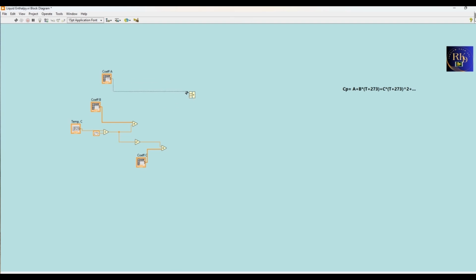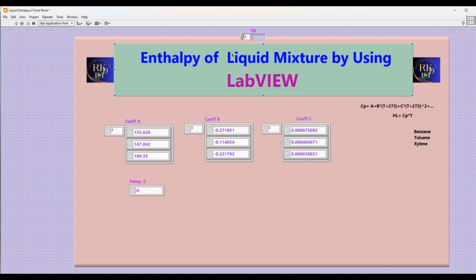We have multiple ports to add. Now I'll take this indicator, and this indicator will give you the value of the Cp. Once we know the value of Cp, I'll go back here and check the value of the Cp.